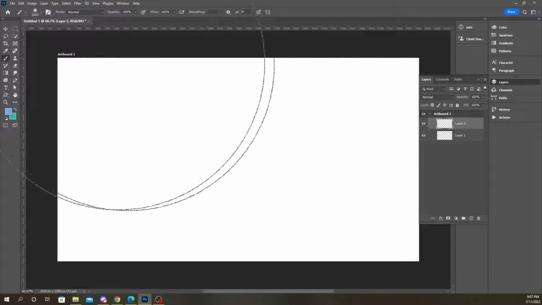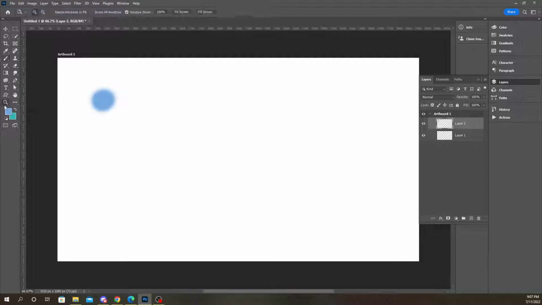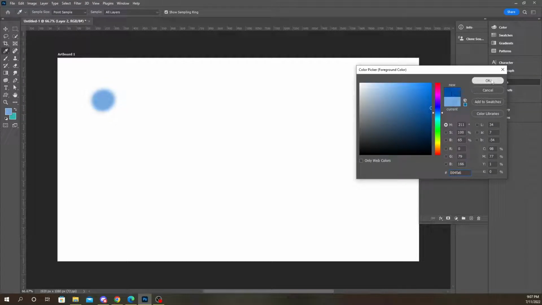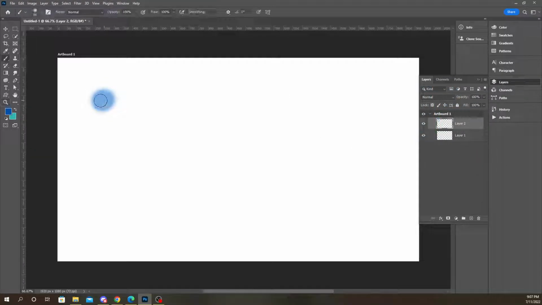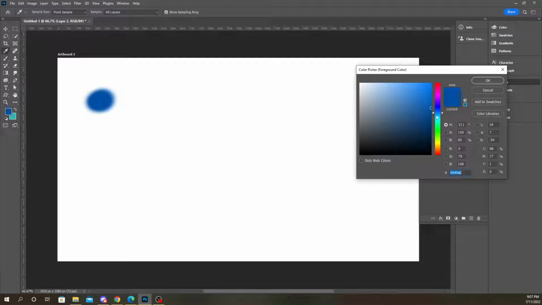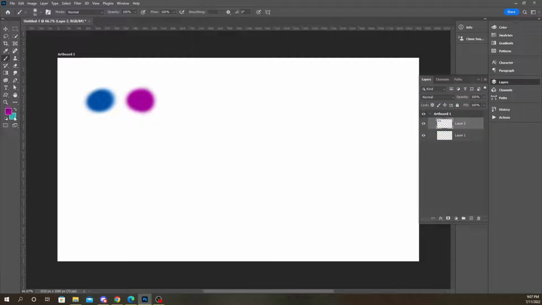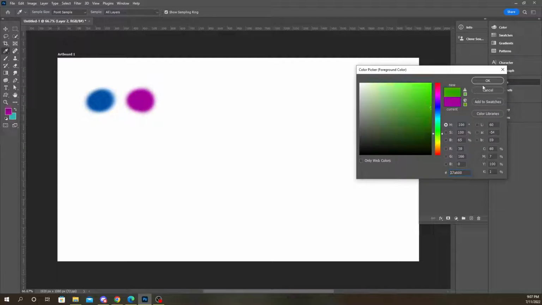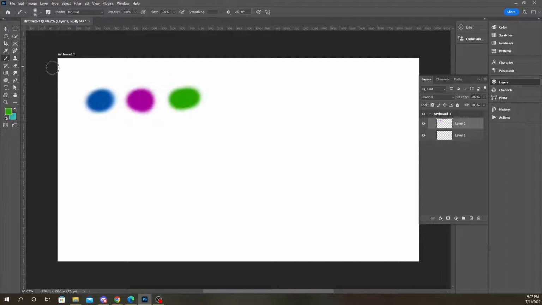Let's create a new layer here. I'll just paint some different colors here. Do that dark blue and a pink, a green. So if you grab the mixer brush,